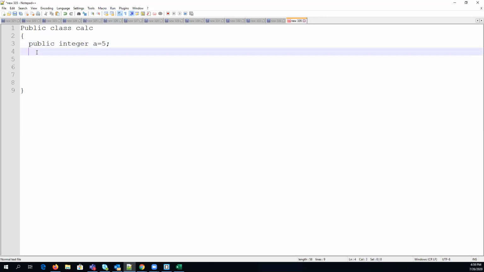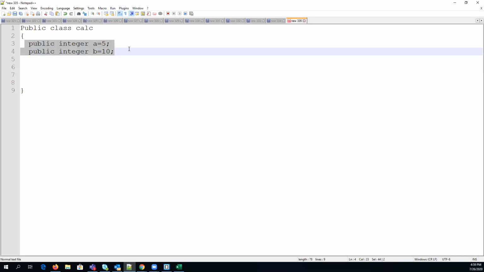Apex is not case sensitive, so you can write your code as per your choice, smaller or capital. Public integer b is equals to 10. If you want to use these 2 variables, you cannot use them directly, right? Because these are contained in a class.